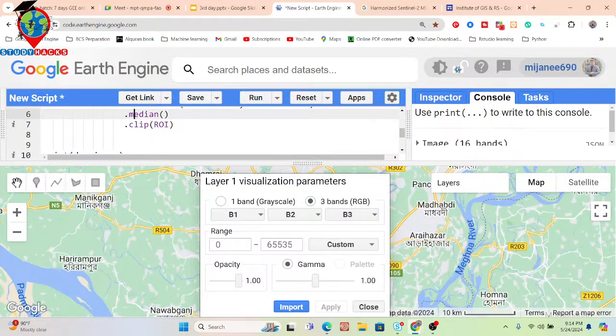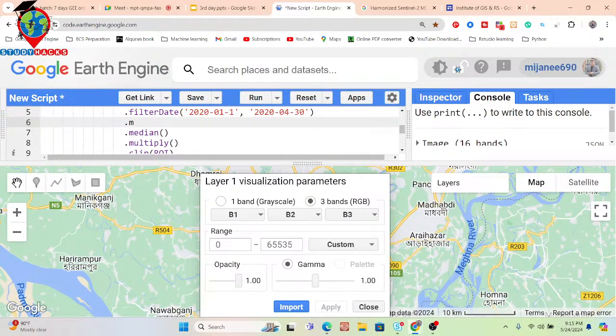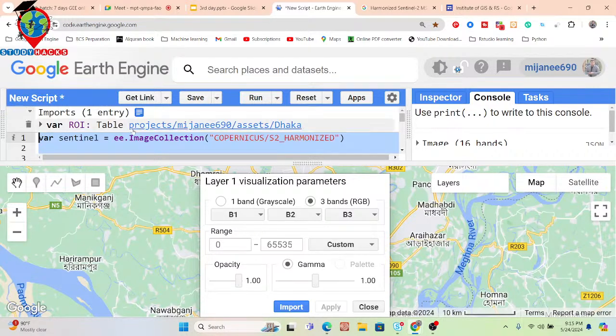So after median, we get the image, and only then can we apply the multiply. You can see the multiply function cannot be applied to a collection. Suppose before median I put the multiply here. Then it does not work, because before median, all of those things are just a collection, not an image.